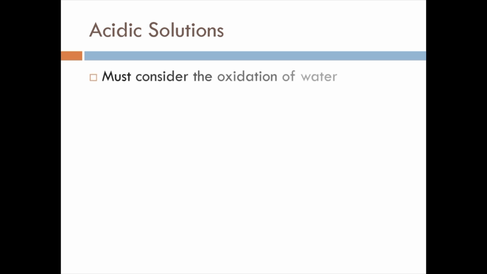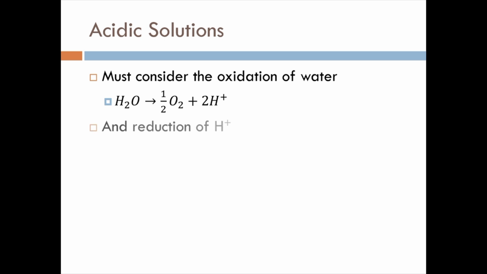In an acidic situation, you have to consider the oxidation of water again. And because acidic solutions tend to have large amounts of hydrogen present, you have to consider the reduction of hydrogen. Now, hydrogen ions can't be oxidized, so you don't have to worry. Hydrogen ions can't be oxidized because they have no more electrons to give away. But they can be reduced. So for acidic solutions, this has to be one of the possible reactions,